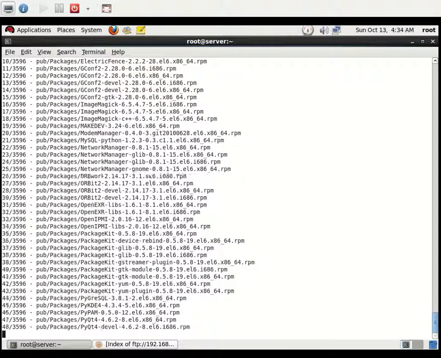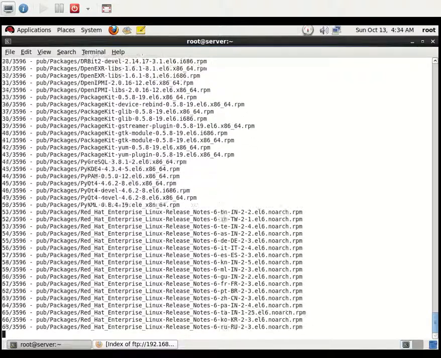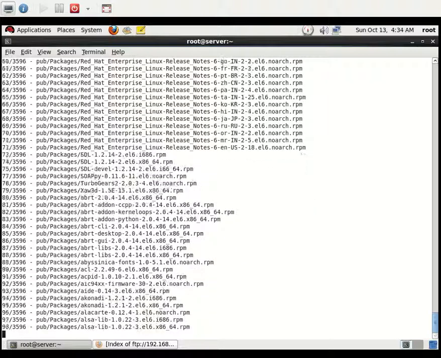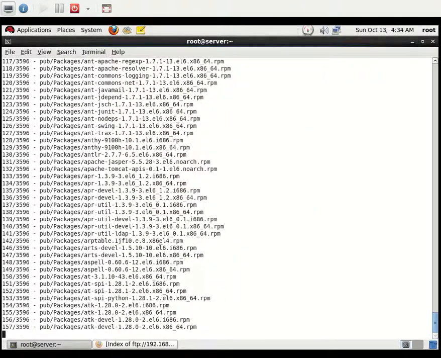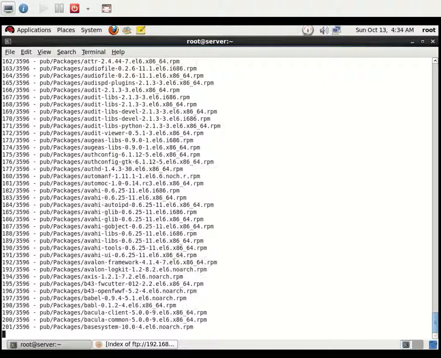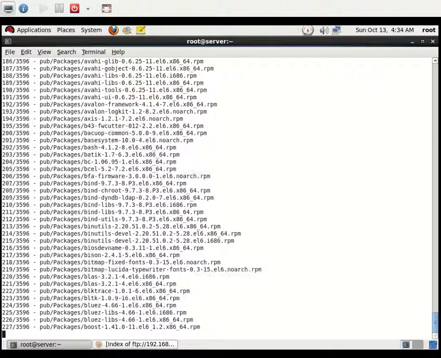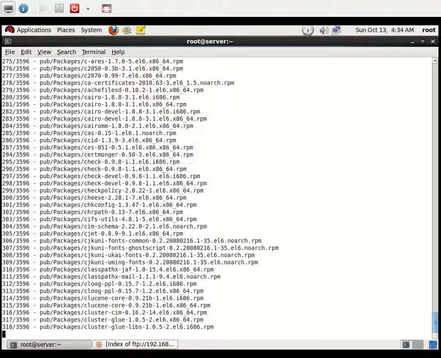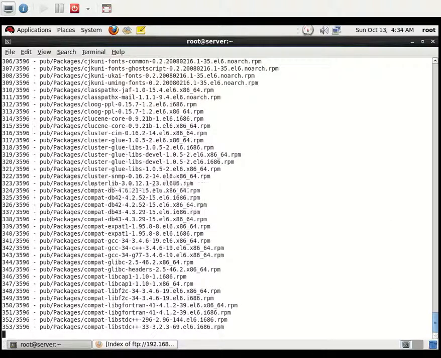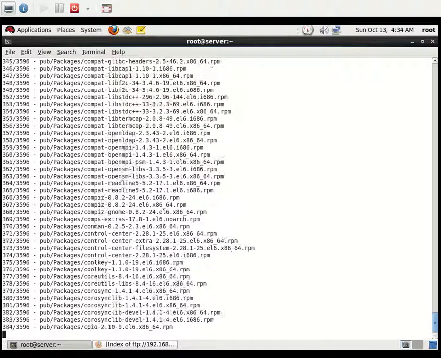So it's creating the new repository locally, not under pub, because I have mounted the ISO file inside pub, so it's read-only now, not writable. So I'm just creating the repository inside /var/ftp.